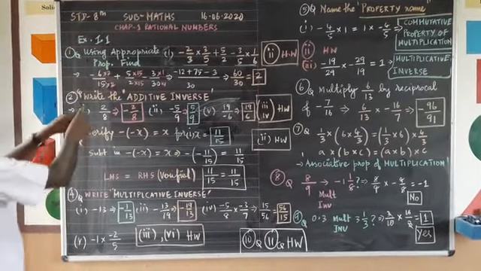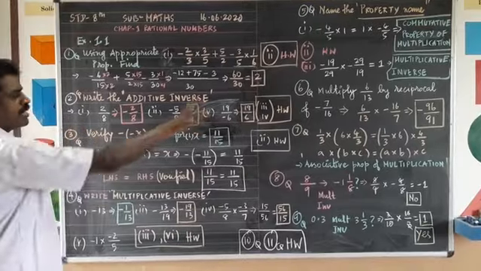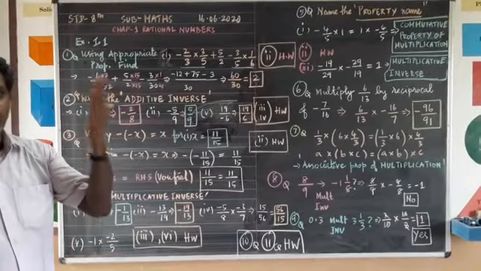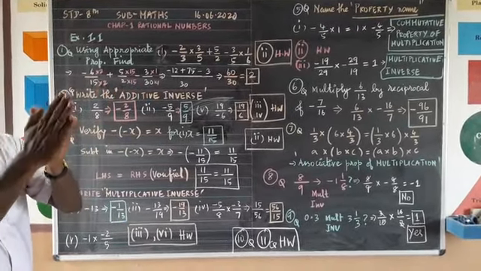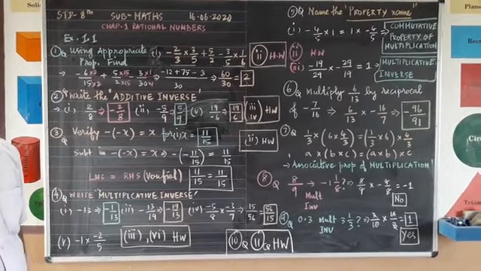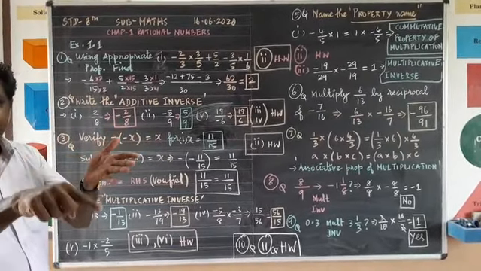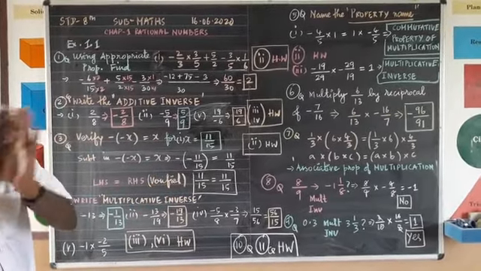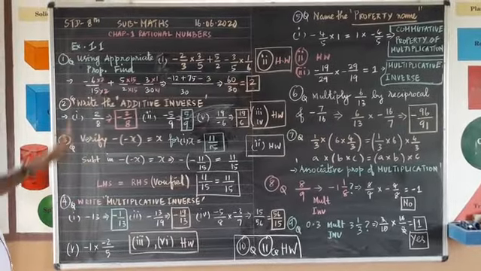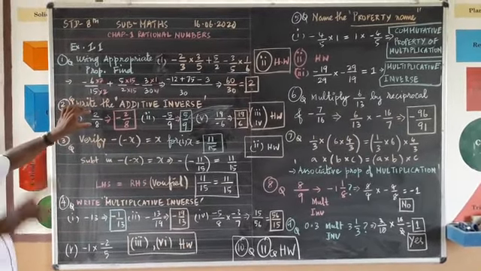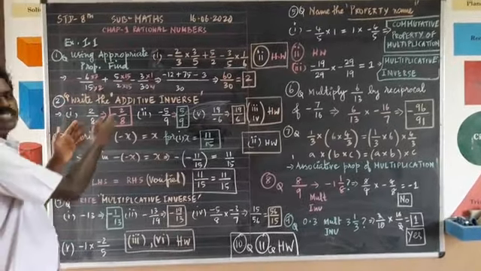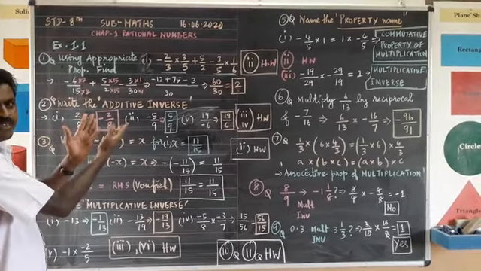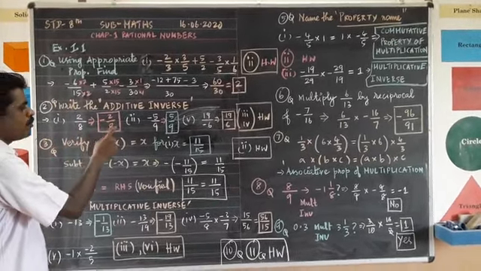Second one. Write the additive inverse of the following numbers. What is that? Additive inverse means if one number is there, you have to add the opposite number and your answer should be 0. Understood? A plus minus A equals 0. 1 plus minus 1 equals 0. The opposite number you have to write with the opposite sign. What is the first problem I have taken? 2 upon A. What is its additive inverse? Opposite sign: minus 2 upon A. The additive inverse of 2 upon A is minus 2 upon A.